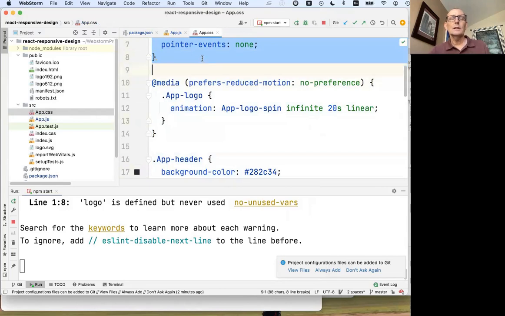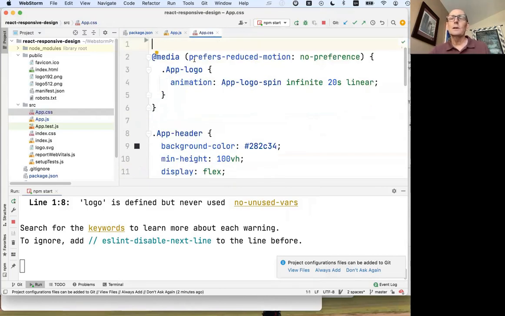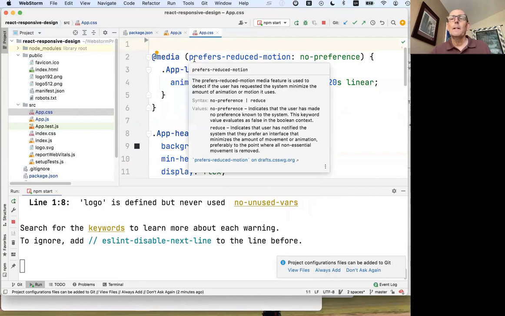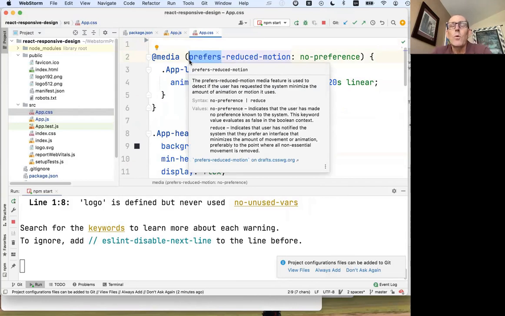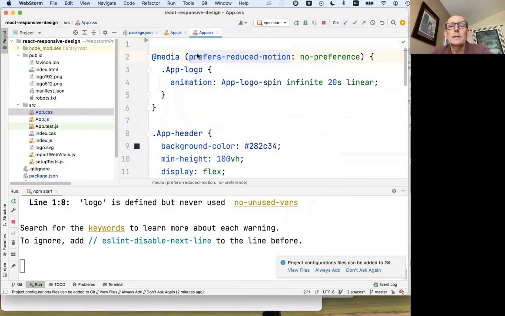get rid of that. Actually, we can see that there was already a media query in the default React application. So prefers reduced motion is one of the examples of a query you can make. So you can prefer reduced motion. I think either the user can specify it, but certainly also depending on the device you have. So let me give you an example. If you're going to print,